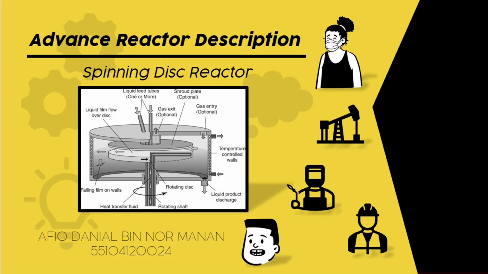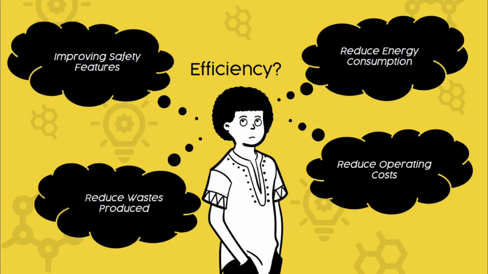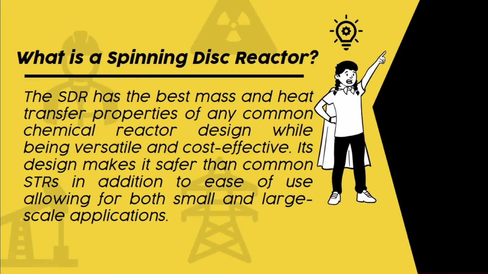My name is Afiq Daniel bin Normanan and I will be presenting the advanced reactor description for spinning disc reactor. So what is a spinning disc reactor? A spinning disc reactor, known as SDR, is a product of process intensification that was designed to improve processes through increasing the efficiency and keeping losses such as product quality to a minimum. It can be improved by improving safety features, reducing energy consumption, reducing waste produced, and reducing operational costs. Next, the SDR has the best mass and heat transfer properties of any common chemical reactor design while being versatile and cost-effective. Its design makes it safer than most reactors, in addition to ease of use allowing for both